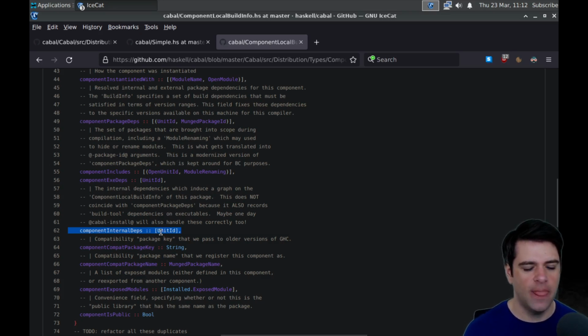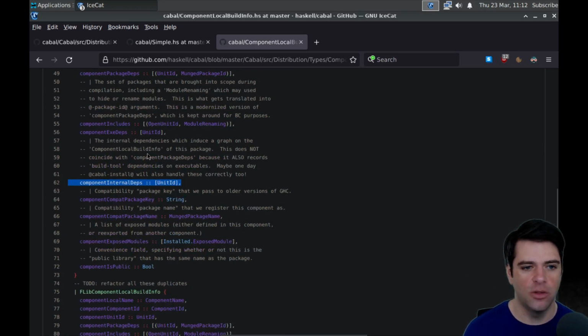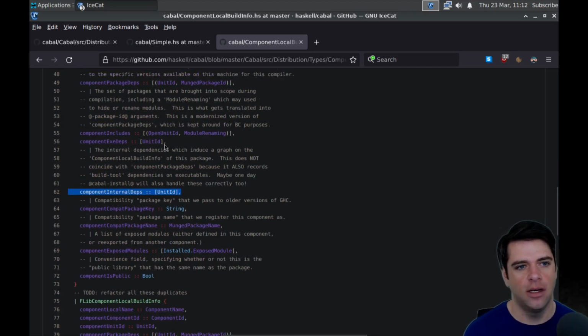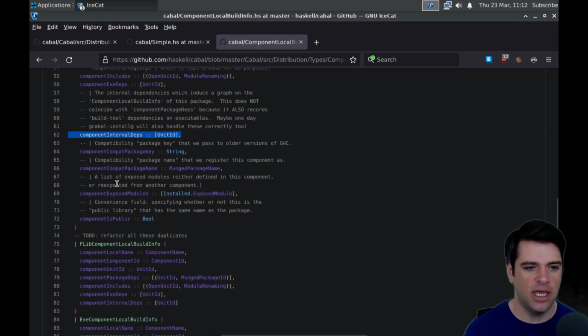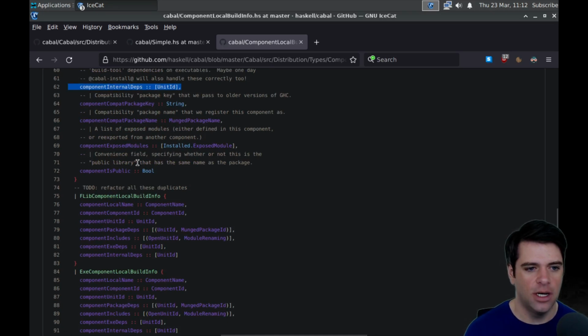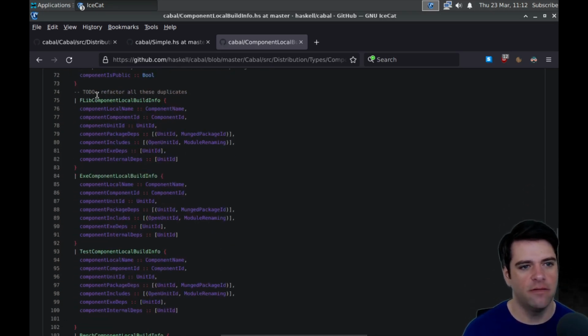And so you need to have a way of adding them essentially to the dependencies. I think Bazel did it by just appending it to the dependencies. And it seems like Haskell or Cabal is doing it by having a separate field with the internal dependencies. And presumably somewhere in the code, they're going to throw both the internal dependencies and the package dependencies in the same list or something, and then the compiler will see them as one big bag of stuff. We want to refactor all the duplicates as a to-do.